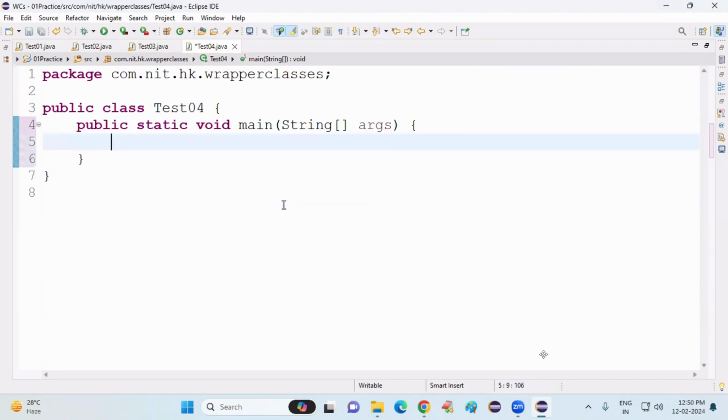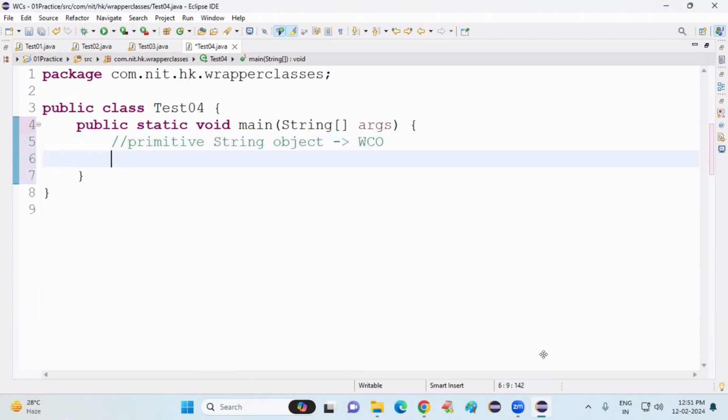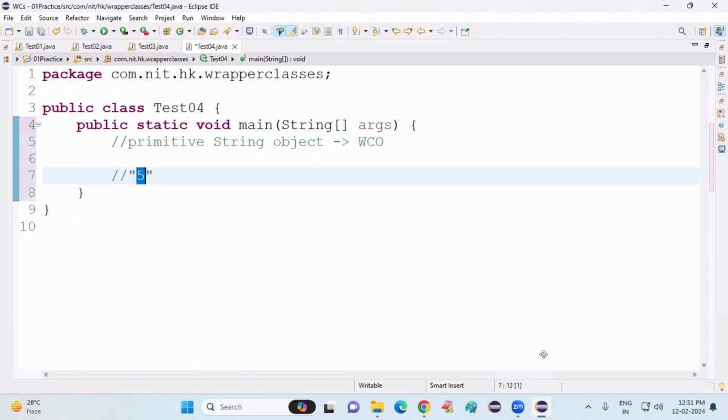I want to convert a primitive string object to a wrapper class object. What is the meaning of primitive string object? Double quotes 50 is a primitive string object. Inside the double quotes, I have 50. That is what? A primitive string object. Inside the string object, we have a primitive value. Okay, this is a core Java class, core Java teaching. So double quotes 50 arrow,